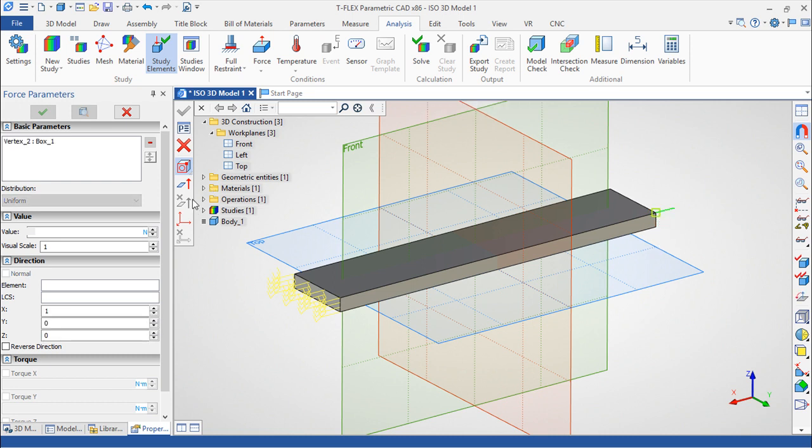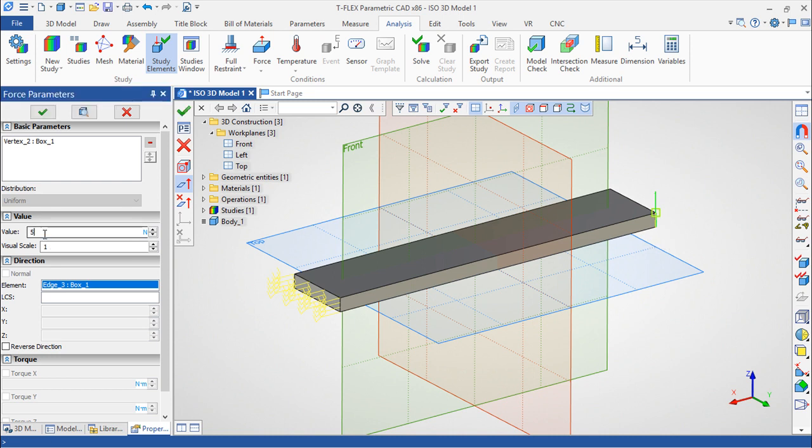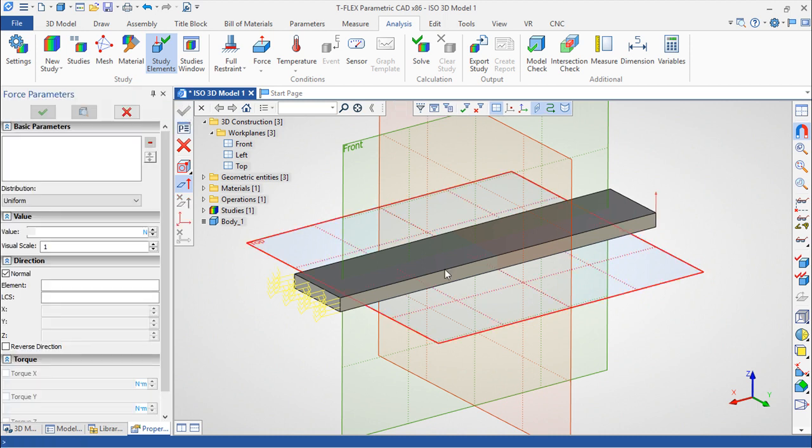I will define the direction, and we'll say that I want this direction here. The value I will apply, for example, 5,000 newtons, and it is done. And at this point I'm okay to solve the study,